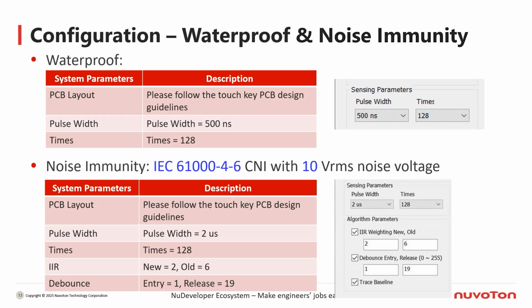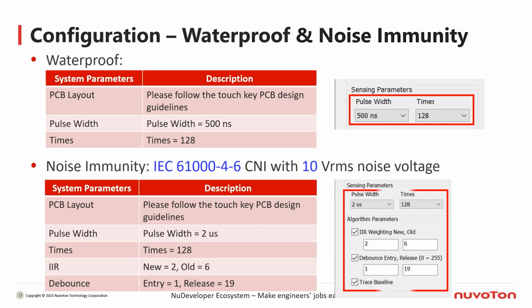We previously discussed configuring touch key parameters. Now let's discuss two specific applications. When the pulse width is set to 500 nanoseconds and the pulse times is set to 128 times, the touch key has good waterproof function. It supports finger touch with a 2 mm depth water droplet. The touch key system parameters are shown in the table and are considered to have good noise immunity. They have passed the 10-volt injection test according to IEC